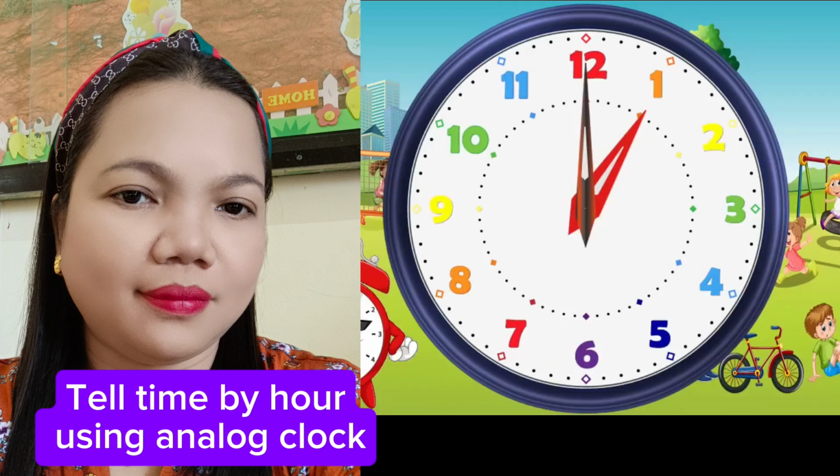This starts with the hour hand. This will indicate what hour we are in. For example, this is 1 o'clock, 2 o'clock, 3 o'clock, 4 o'clock, 5 o'clock, 6 o'clock,